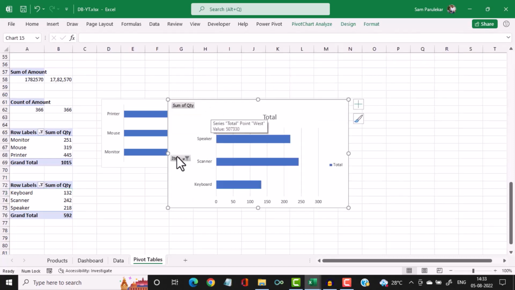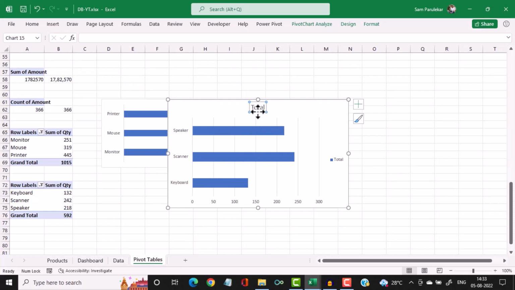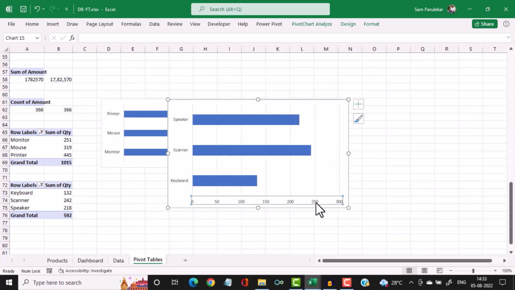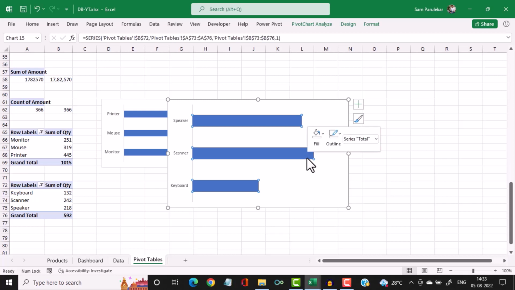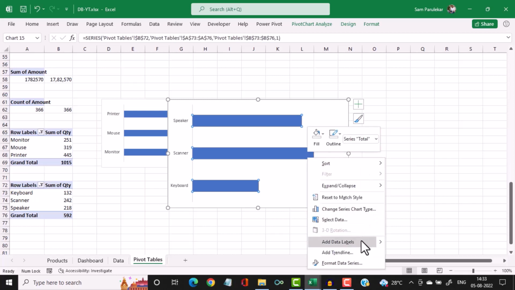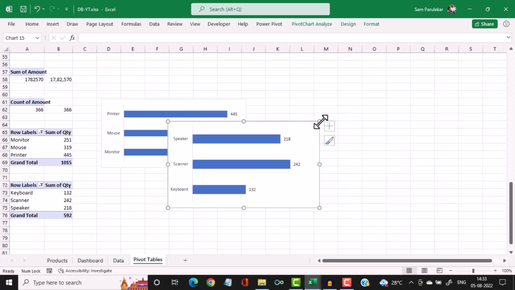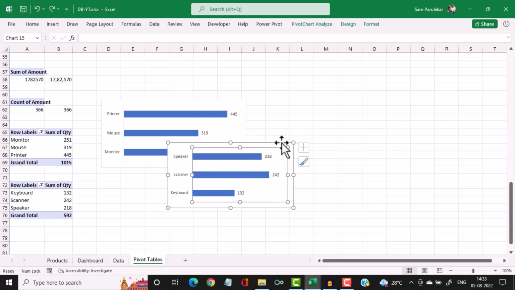bar graph. Again I remove this button, I don't want the headings, and I don't want the legend, I don't want the axis titles, I don't want the vertical line. However, I want the data labels, and I'll size this up, and I'll bring this down here,